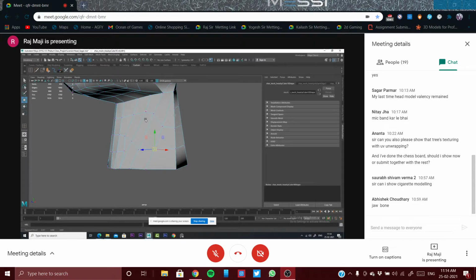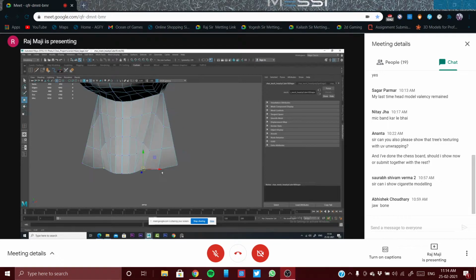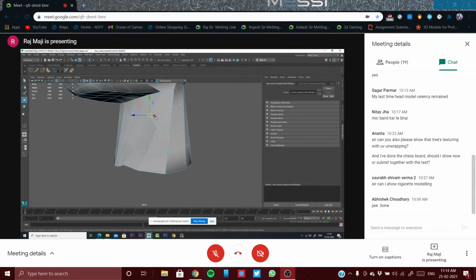Actually, this is the muzzle, not this one. We need to adjust this area according to the reference. So this is the muzzle.